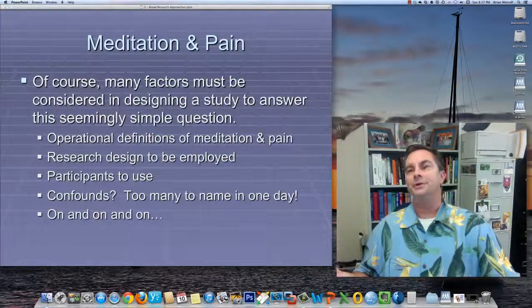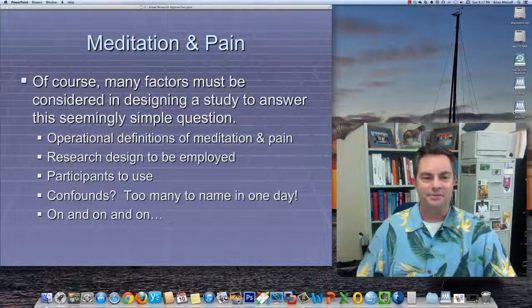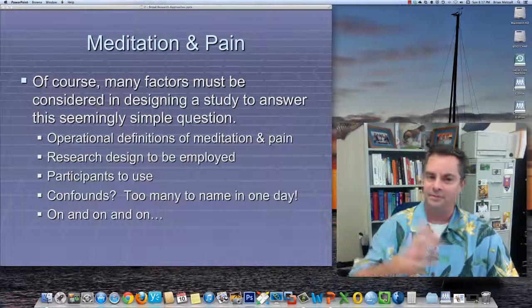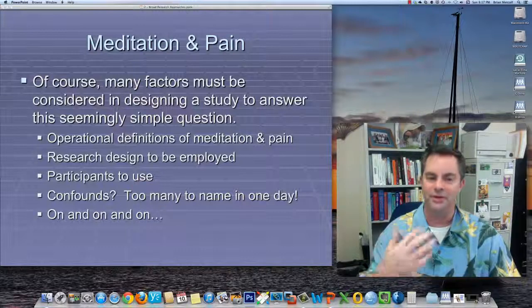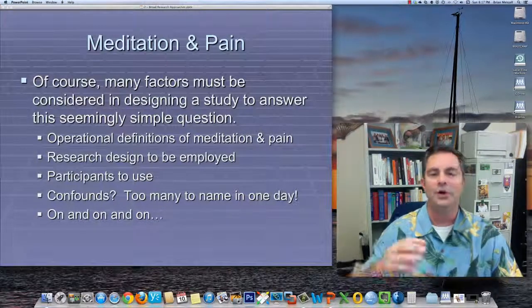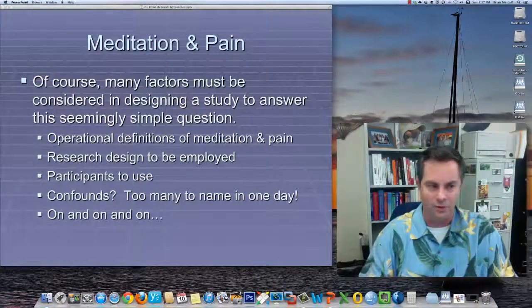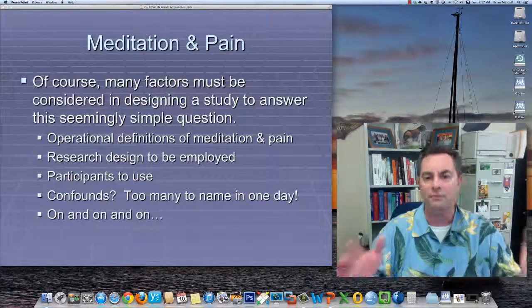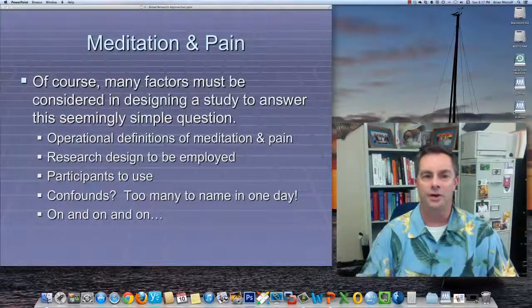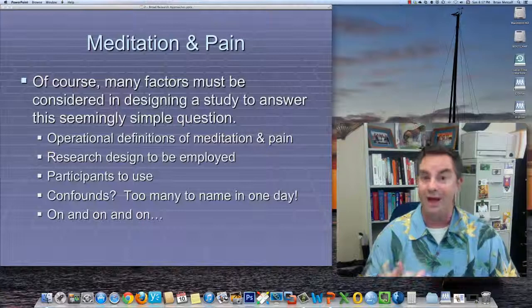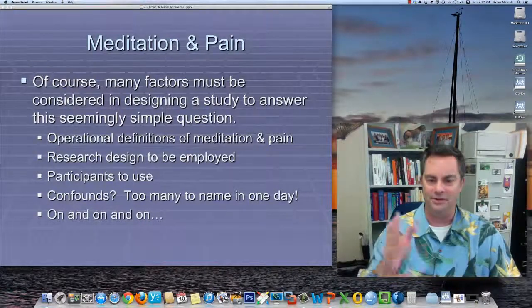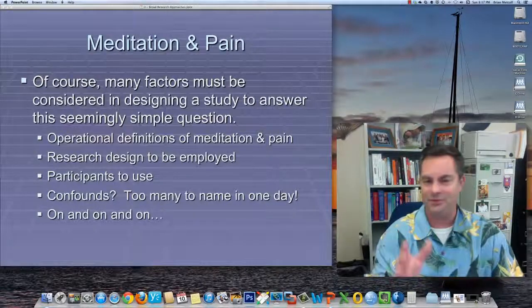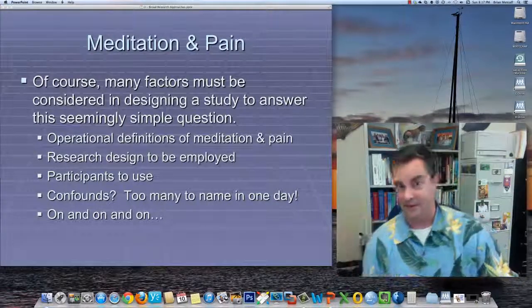So other issues and other variables would need to be controlled. This takes us back to the snapshot of a simple case experiment that we went through in another presentation. So we have to talk about all the possible or known confounds that could come in if we were to allow them. So for a simple one, for example, if you're going to start out with two conditions, a group that's going to meditate and a group that's not going to meditate,